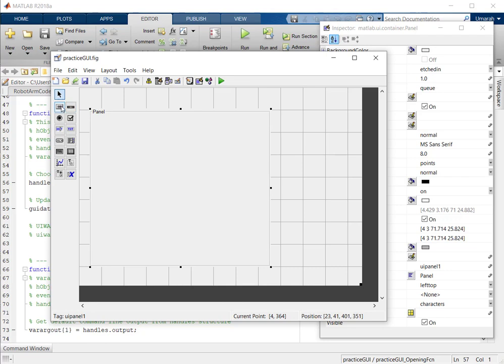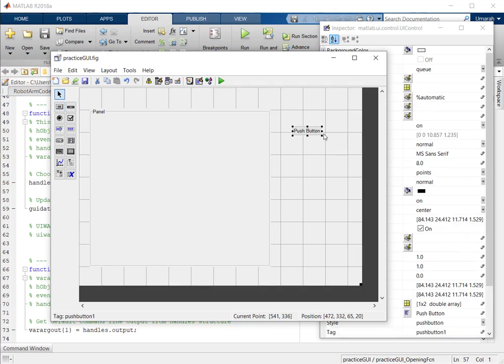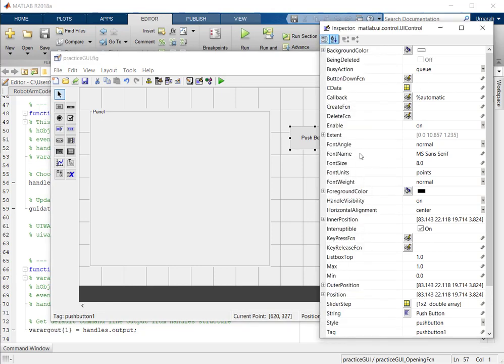Okay, let's choose some buttons. So this is the push button that we need. This is actually a simple button. Push button means if you push this button, it will push once. You must have known the concept of push button in some electrical course. Okay, I think the size is enough. Should not make it much bigger. Yeah. Okay, now again in the property window,